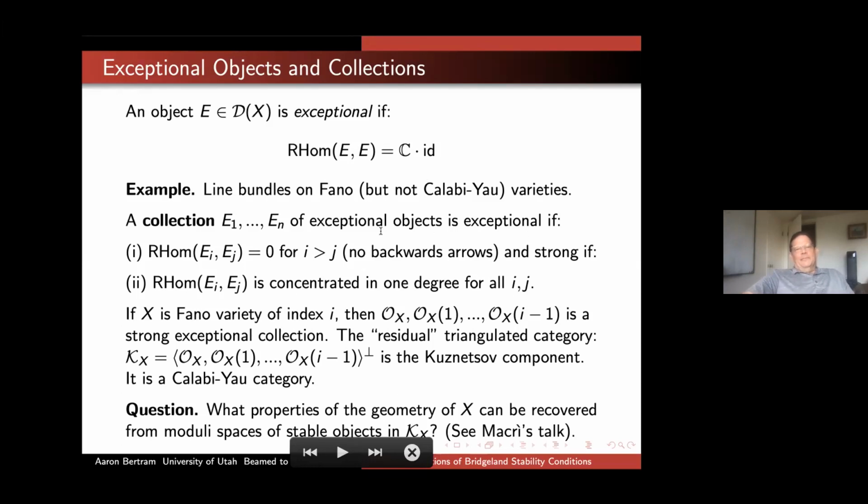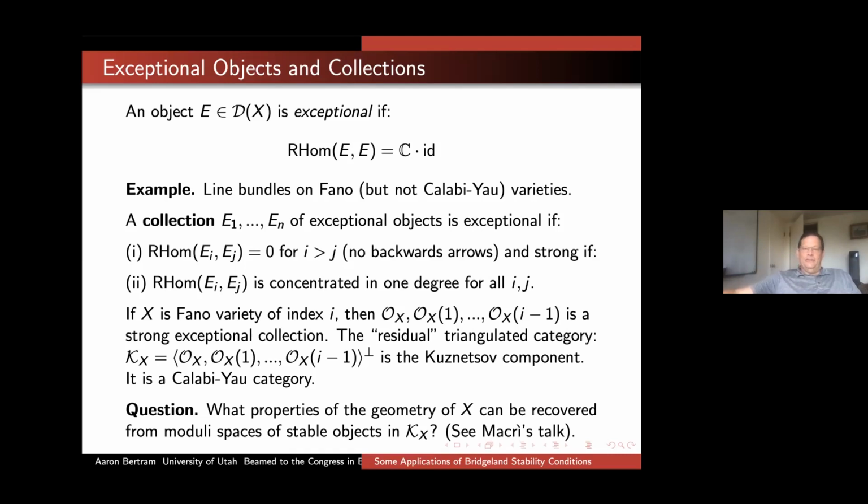And then a collection of exceptional objects is called an exceptional collection if the Homs going backward are all zero, including the degree zero Homs. And it's strong if the Homs going forward are all in one degree. So one natural, I knew I'd run out of time, so I'm going to do this quickly. One natural example of this is if you take a Fano variety of index I, then O_X through O_X(I minus 1) is a strong exceptional collection. The most celebrated example of this is P^n, where Beilinson wrote a one-page paper showing that O through O(n) on P^n is a strong exceptional collection, and that started